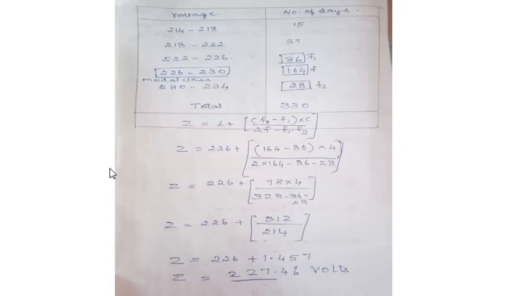If you go through three problems, you can do any problems under mode. One is of raw data, I have explained to you, then two problems under continuous data. Okay, go through the problems, go to the formula, understand it, simplify it, do it on your own. Any doubts you can clarify with me later, personally you can put up a message.